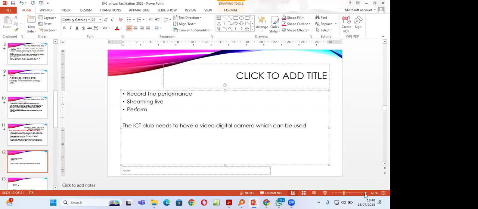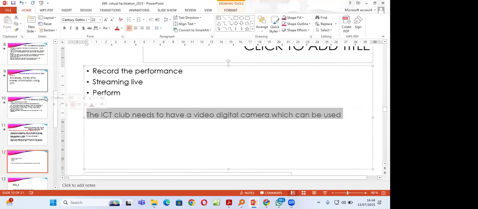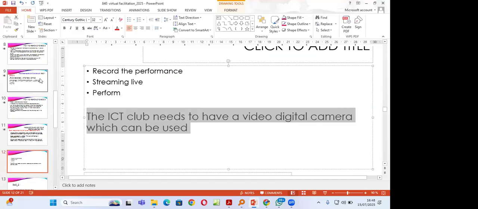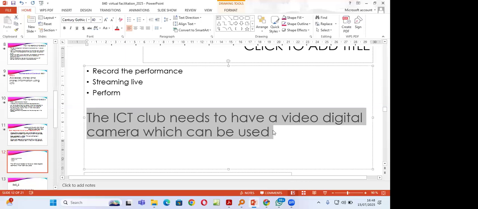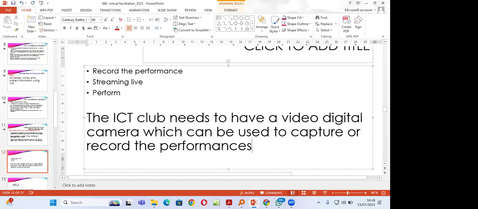used. Someone said the font is too small. Let me increase the size. Okay. The ICT club needs to have a video digital camera which can be used to capture or to record the performances that take